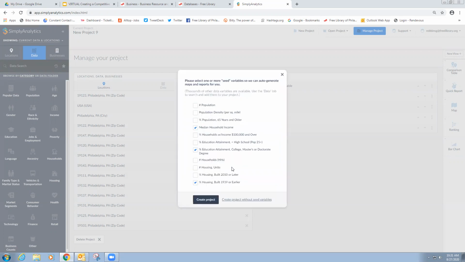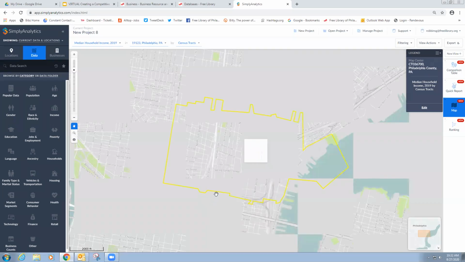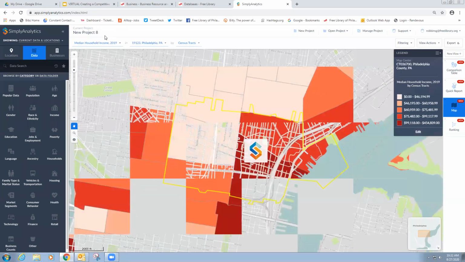Click next. Then it will ask you if you'd like to include what they call seed variables so that you can get a general report based on just some basic information. So we might not care about housing built in 1939 or educational attainment, but we're really interested in household income and maybe households with over $100,000 income. So you can create your project, and from there, it's going to default to the zip code view of the